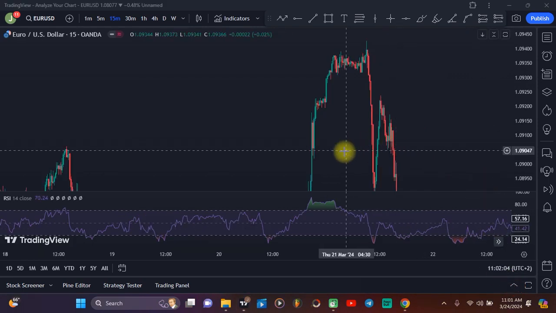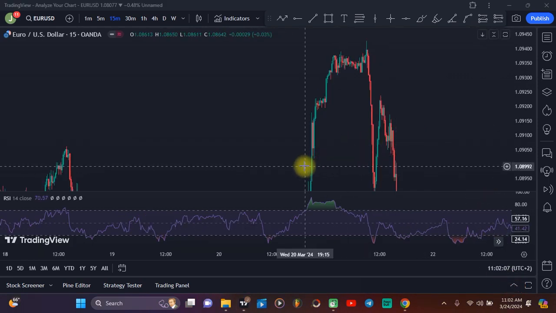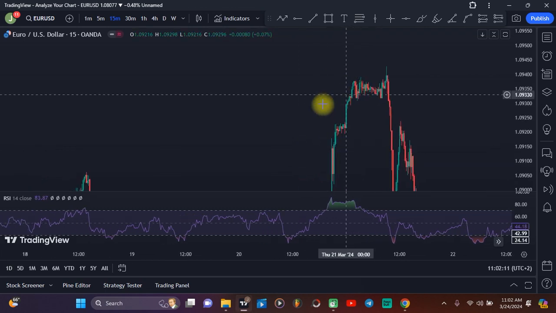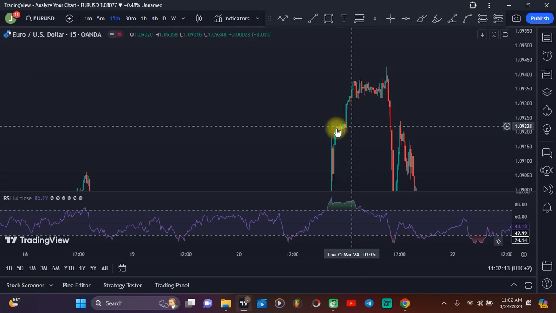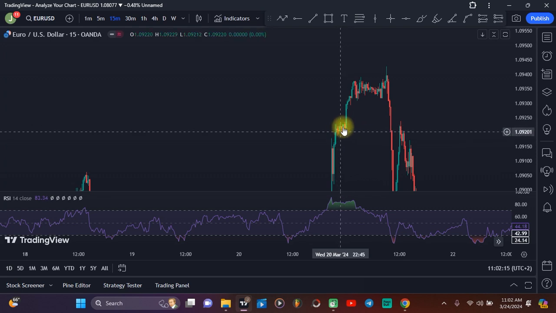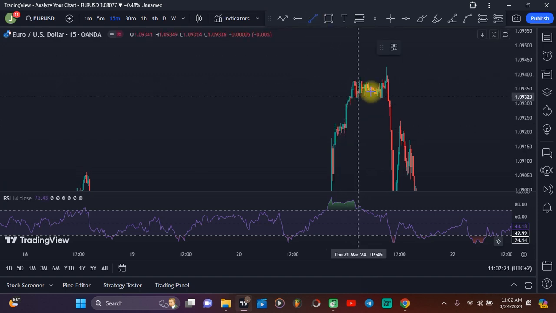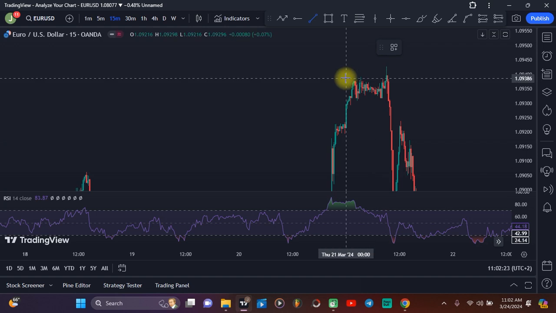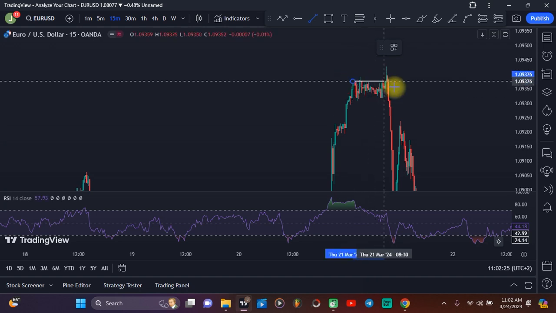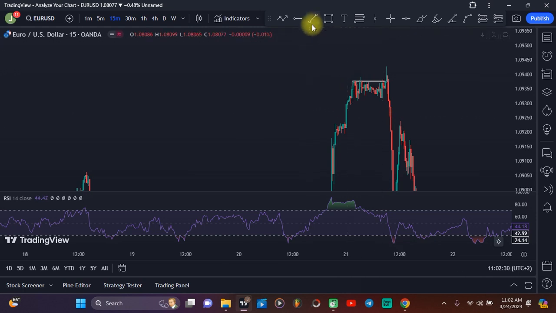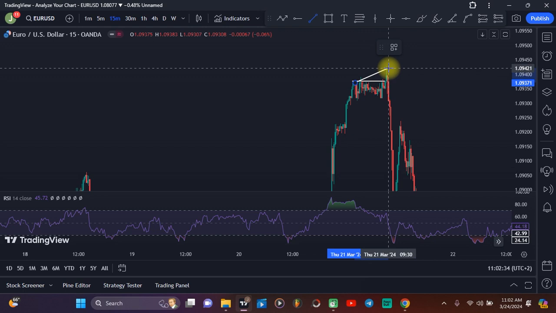Okay guys, now here's another example on the Euro USD. As you can see here, the market was pushing to the upside. We had some sort of consolidation here. This is a perfect supply demand zone, and then the market pushed to the upside, and then it retraced again, created a high. So here we had a breakout structure here. We had a breakout structure,